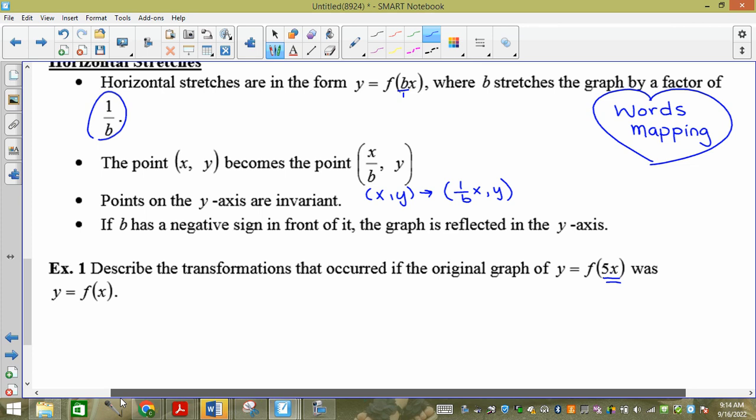Great things happen there. What we need to remember every single time is if I'm going from an equation to words, or I'm going from equation to mapping, it always flips. The mapping and words stay the same, correct? So we're going to see that. So we're going to say we have a horizontal stretch